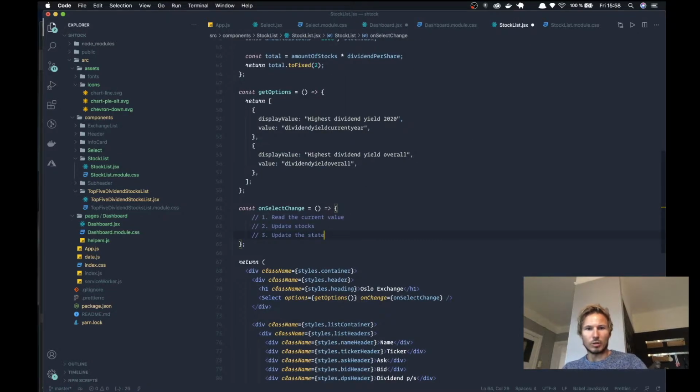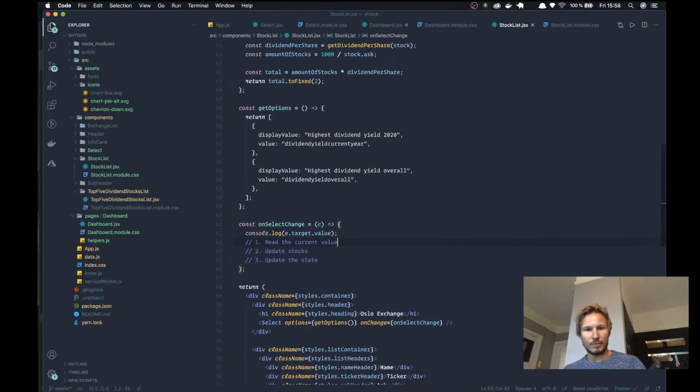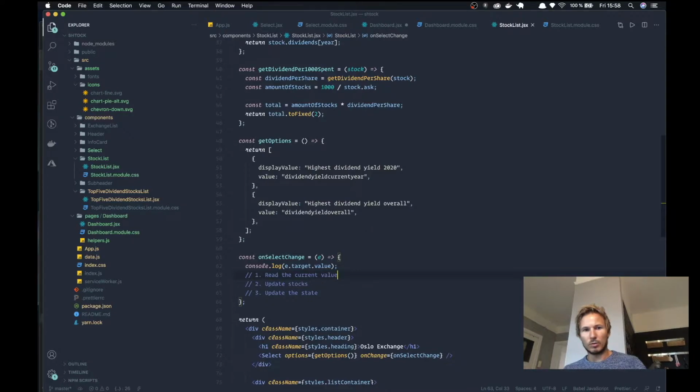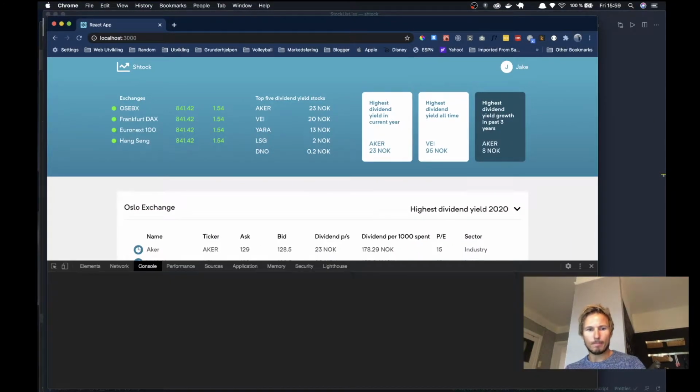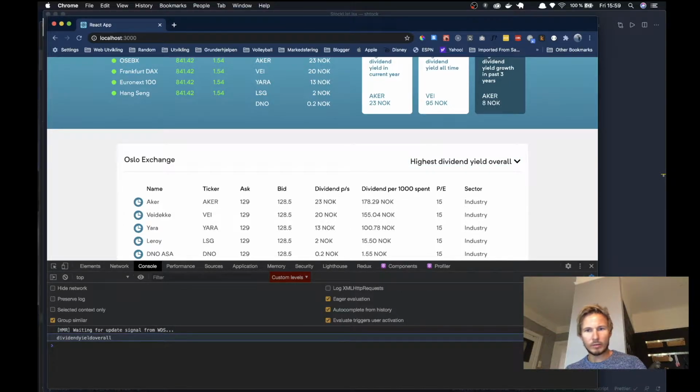So let's go to our stock list. Now, let's take a look in our console at what happens when we log out the target value of our event. So these are our options, and my guess is we'll see these values when we log it out. So let's check. Let's change, and you can see in the console that we have dividend yield overall down here, and then if we change back, we have dividend yield current year. All right,